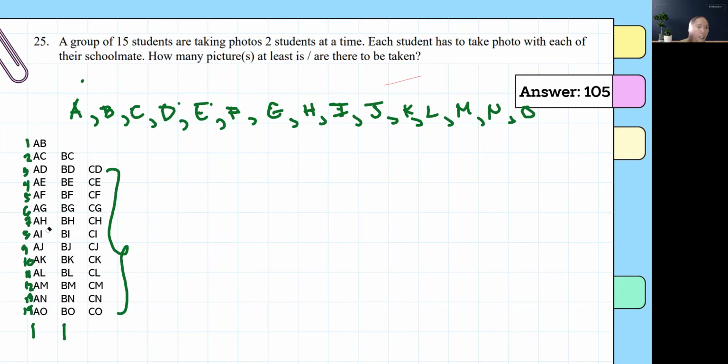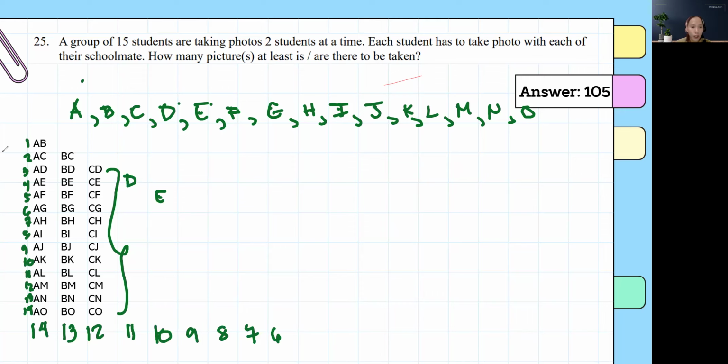And then the next one, since it's missing one, is 13. This is 12. And D, we expect it will have 11. E will be paired up with 10. F will be paired up with 9. And so on. 9, 8, 7, 6,